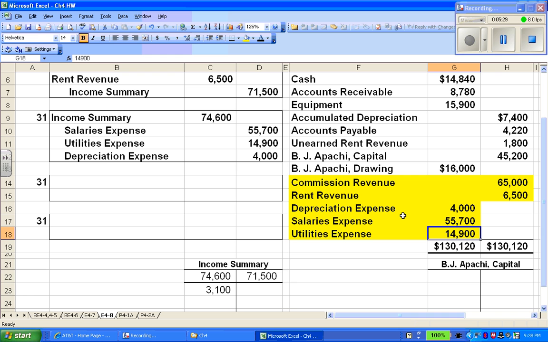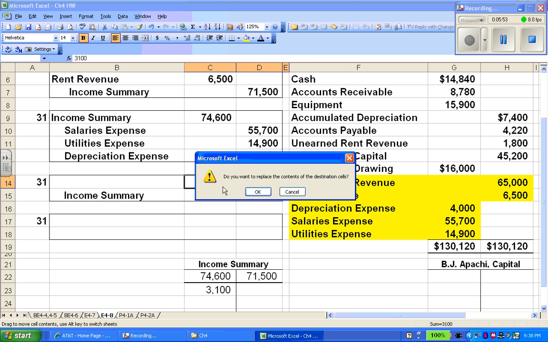These three expenses total up to 74,600, and that will give us a net loss. So if my income summary account is showing a debit of 3,100, in order to close that out, that means I have to credit it for 3,100. So in this case, I'm going to credit my income summary for 3,100, and the account we close this out to is